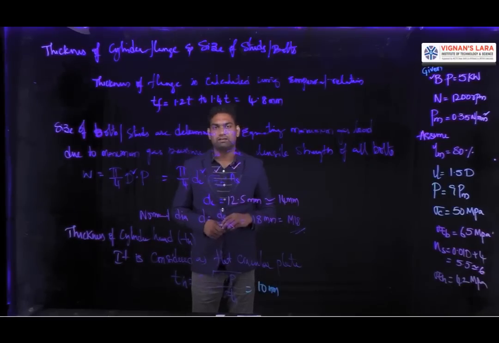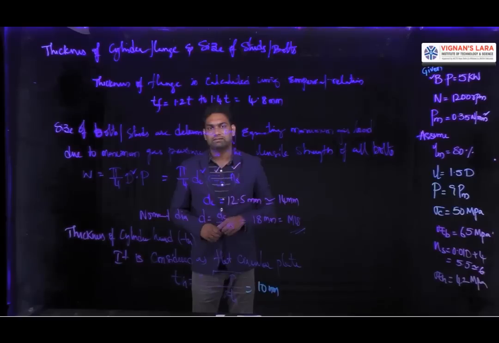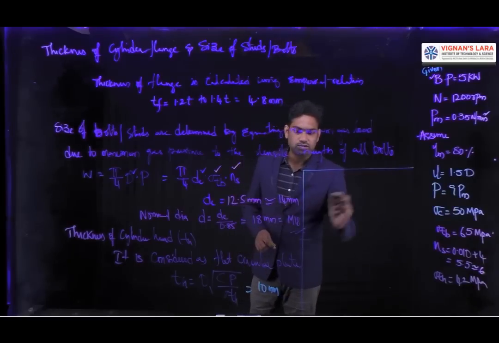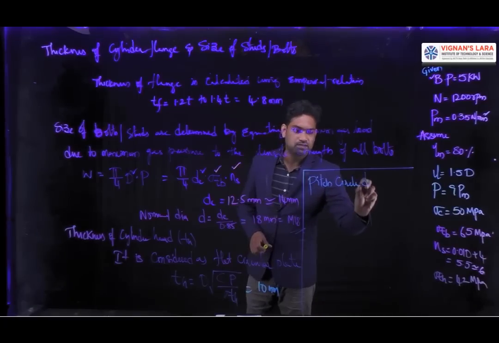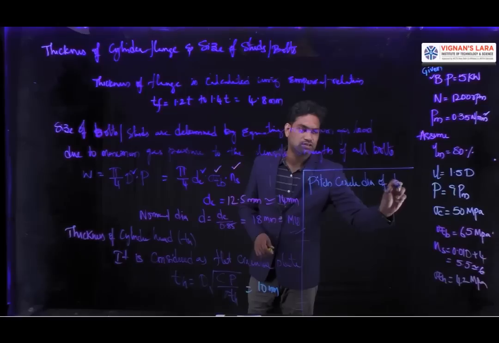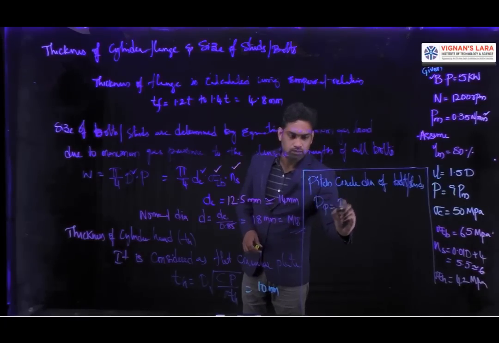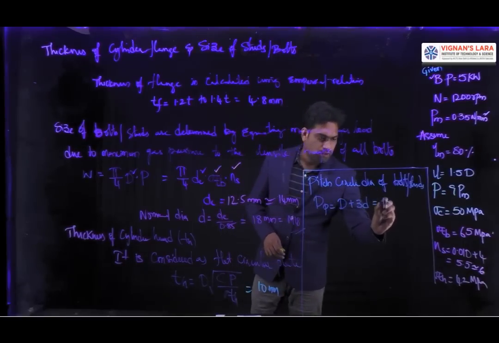Clear? So these are all the dimensions, which start from diameter, length and thickness of cylinder wall, thickness of liner, thickness of water jacket, thickness of water space, thickness of flange, then size of bolts or studs DC and D, and finally the thickness of head. After calculating all these dimensions, we also need to calculate the pitch circle diameter of bolts or studs, and it is calculated by dP equal to D plus 3D, and this value is 157 mm.